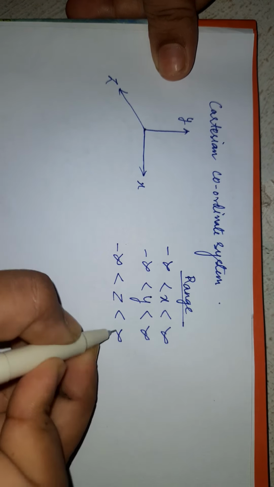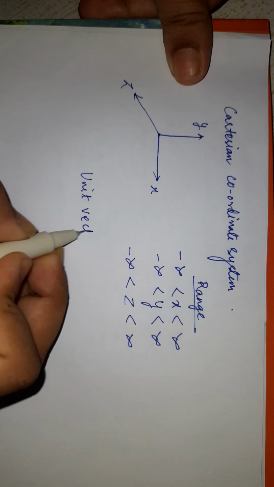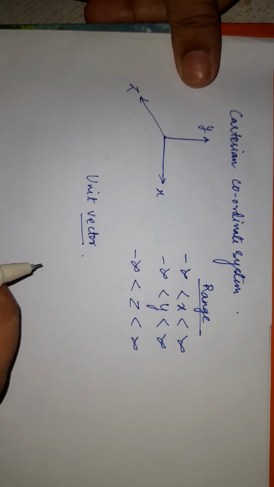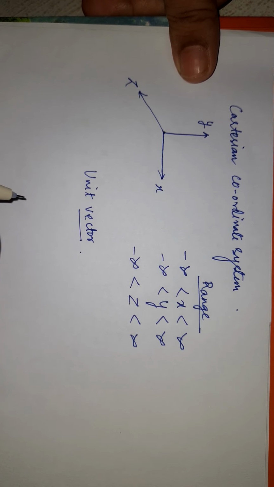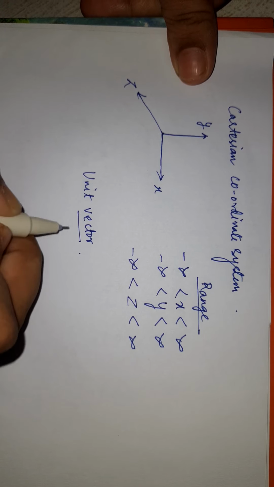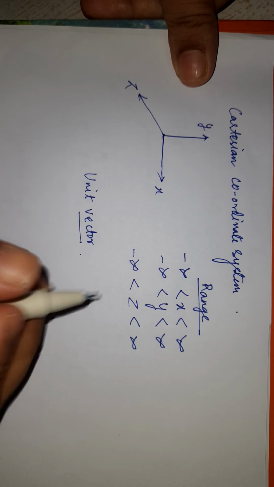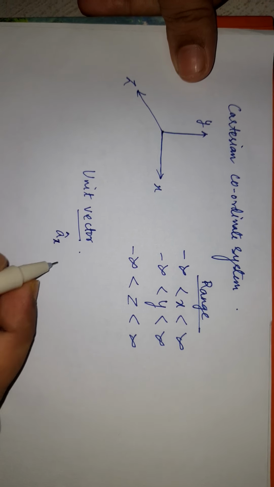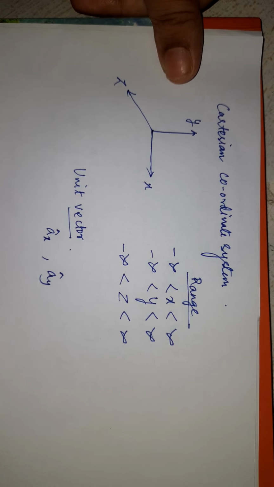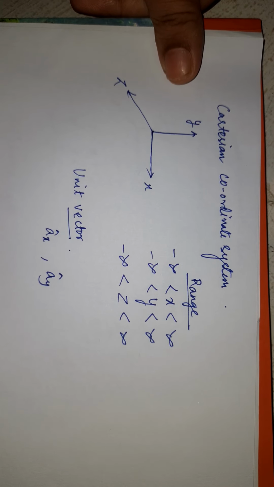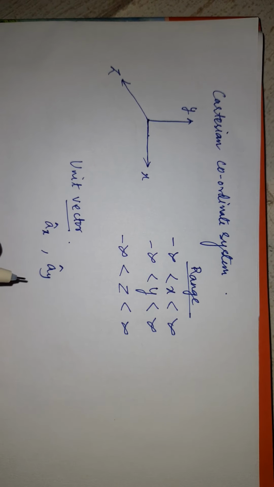Well then, after this comes the concept of unit vector. As you can see from the name, its magnitude will obviously be 1 because it's a unit vector. Basically, it's used just to define the direction in which the vector is traveling. Suppose I travel in this x direction, then I'll say it's ax cap. Suppose I travel in y direction, I'll say ay cap. So if I ask you what is the magnitude of this ax cap, you will say 1. A unit vector always has magnitude one, and its direction is what is important for us.